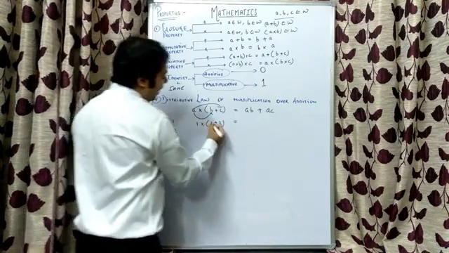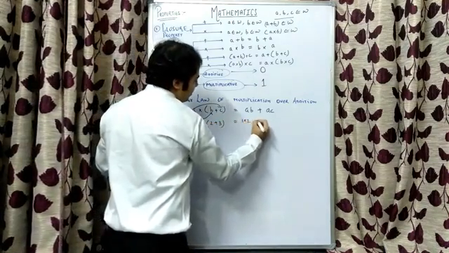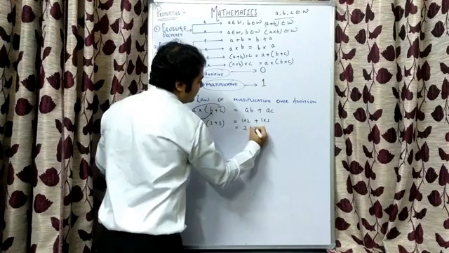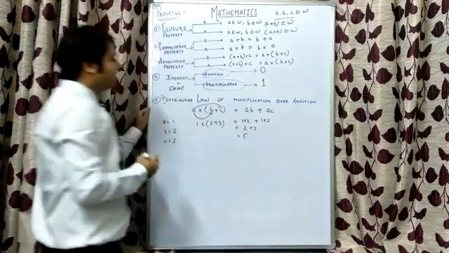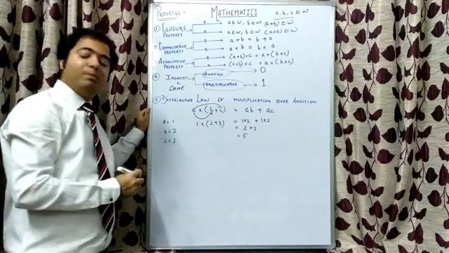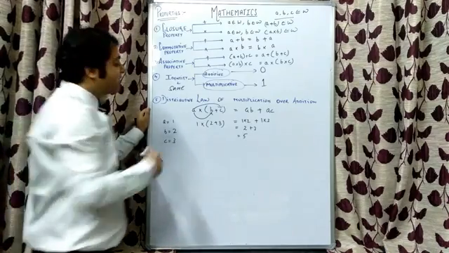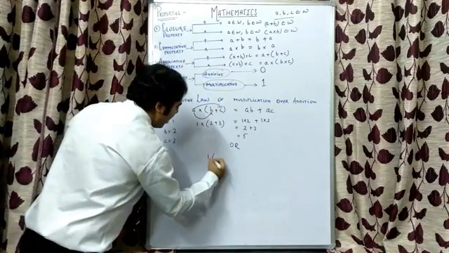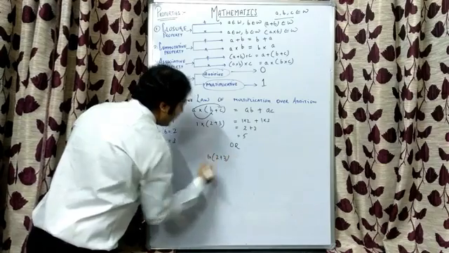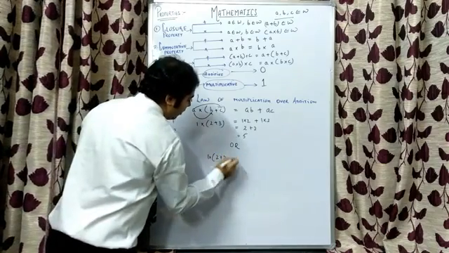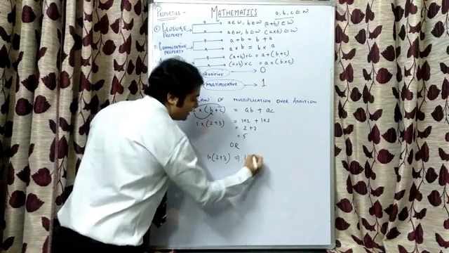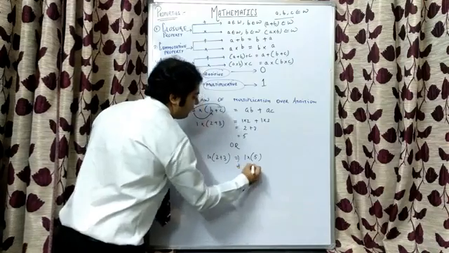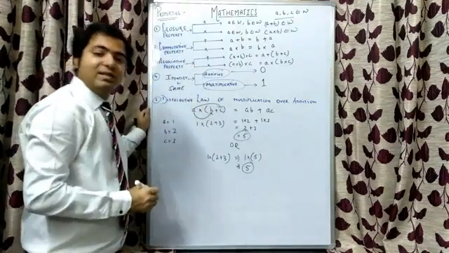So how to solve this? 1 into 2 will give me 2, then 1 into 3 will give me 3. That means 2 plus 3, the answer will be 5. This is according to distributive law of multiplication over addition, right? Suppose we apply BODMAS to the same question, 1 into the bracket 2 plus 3. According to BODMAS, bracket is solved first. So 1 will remain as it is, 2 plus 3 will give me 5, 1 into 5 will give me 5. So the answer in both the cases is same.